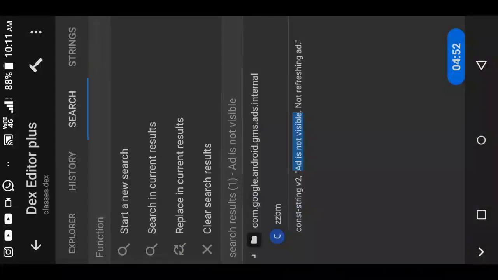Whether it is connected or the server is showing ads, it will not affect us. It will go directly to condition 20 and say that the ad is not visible. So then the ads will not be shown. So this is the first method. After this, the maximum of all the ads will not be shown.